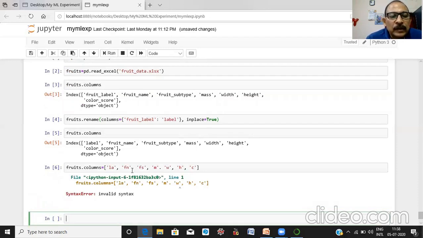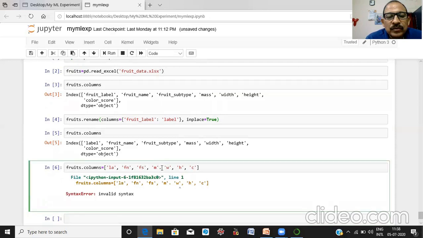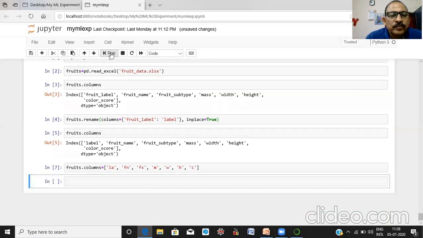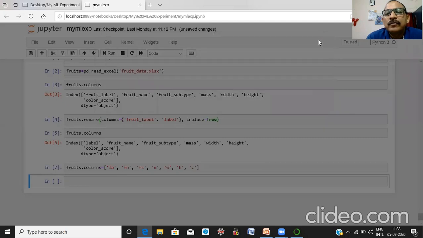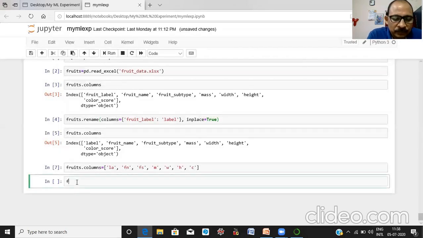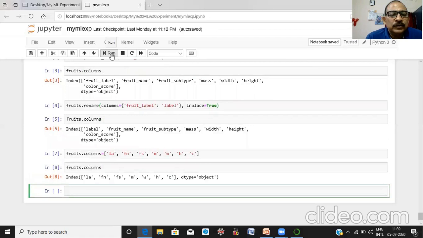This is some syntax error. Now let us see whether all the column names are changed or not using this method, fruits columns. You can see here. Okay. Is it clear?